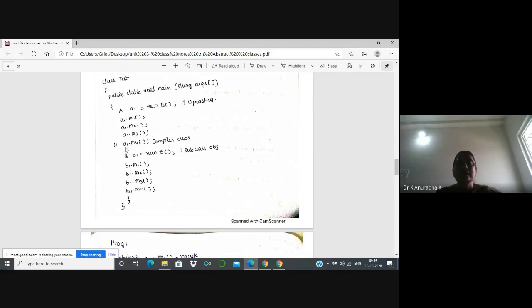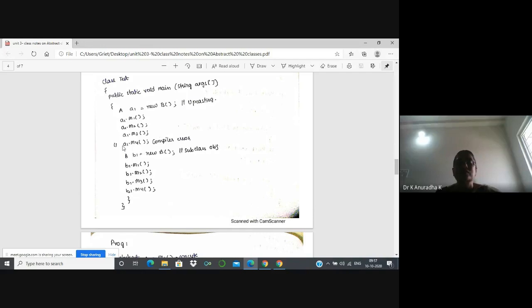Next, if you access the M4 method of class B with A1, it is not possible. Why? Because with upcasting, what is the rule? We can access only the members of the superclass except overridden methods. In case of overridden methods of the superclass, the subclass overriding methods will be executed. That's why M2, M3 are called overridden methods in class A, and the subclass overriding methods will be executed. So the output is A's M1 method, B's M2 method, and B's M3 method.